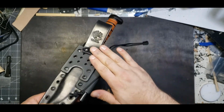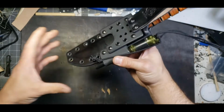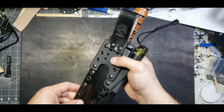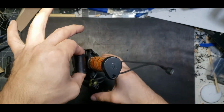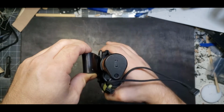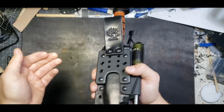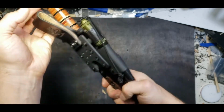This is just called a drop loop, not to be confused with drop leg, which includes a thigh strap and usually an articulating dangler. The drop loop is an excellent carry option if you're looking for something that will stay pretty firm and stable. It's not going to swing on you and pivot the way a dangler would. And it also gives you that kind of flexibility so that even though it's not on any kind of articulating